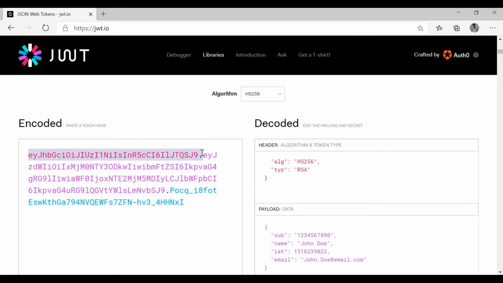You have a value for header and a value for payload. When a signature is formed, it takes into consideration the header value and the payload value, and it is hashed. When I say hashed, it is one-way hashed using the algorithm you have selected.